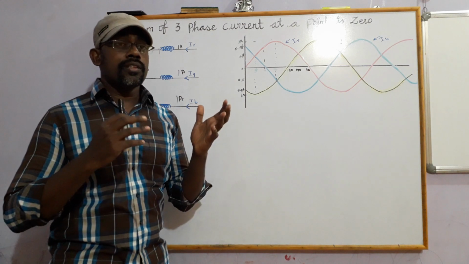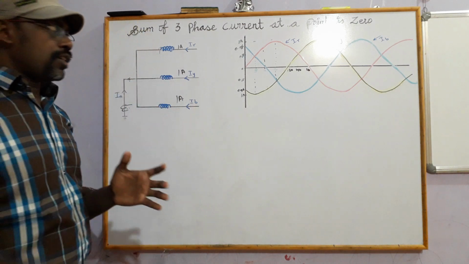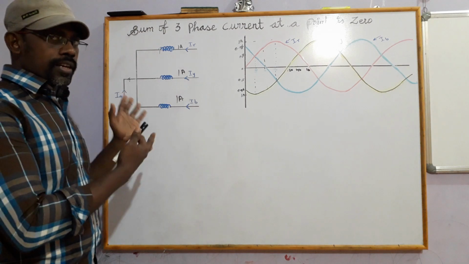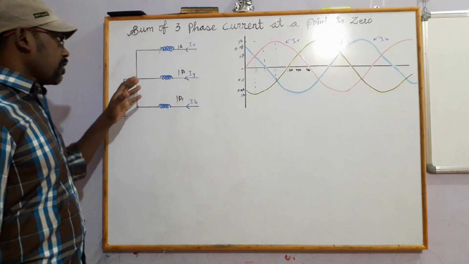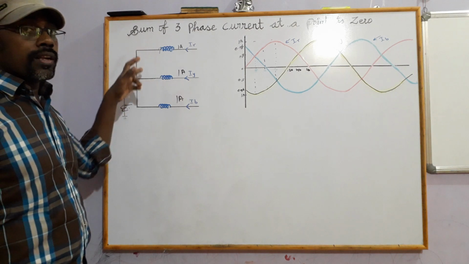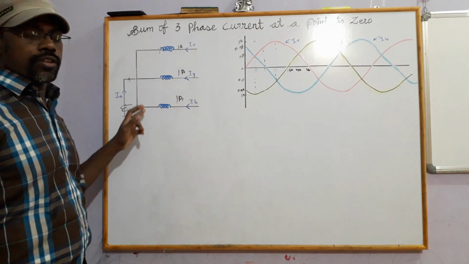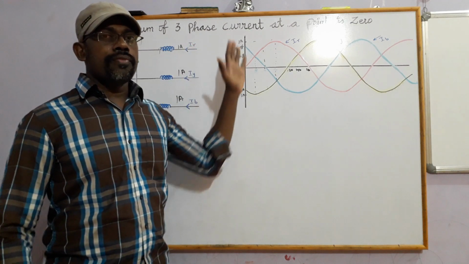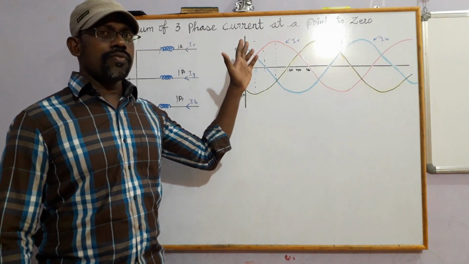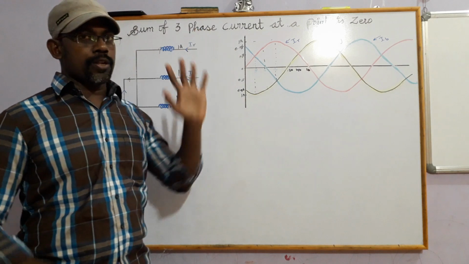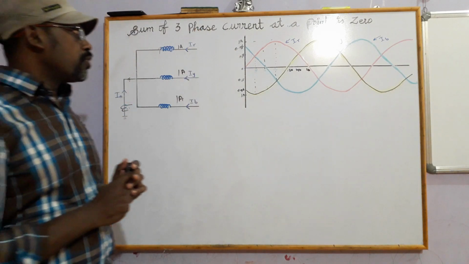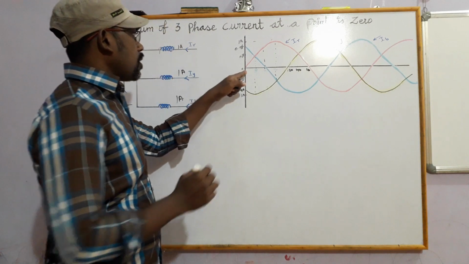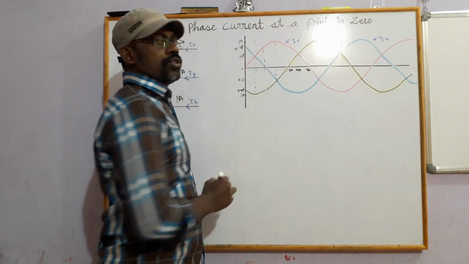When you see the transformer, generator, reactor, all the neutral lines are shorted. It is a star connection. In a star connection the neutral line is shorted, three phases shorted. Now we are going to consider all three phases having 120-degree phase shift and 1 amp magnitude. Now I am going to consider at this point that the sum of current at the point is zero.